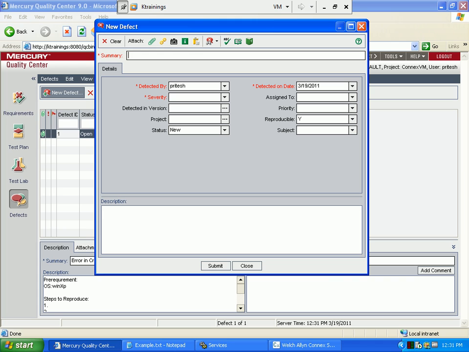Let's say for the height, they have specifically asked you to enter it in inches, but the developers by mistake made a spelling error in inch and it is not converting properly. So you can say, error in